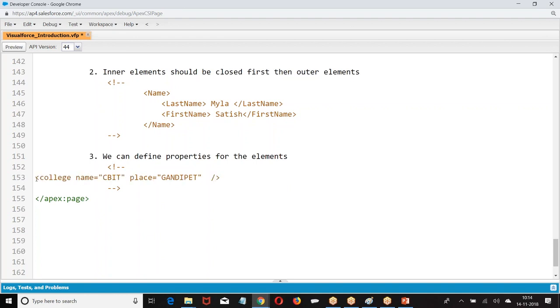Now look at this. When I take this, what is the element? College. What are the properties? Name, place. What are these called? Attributes.